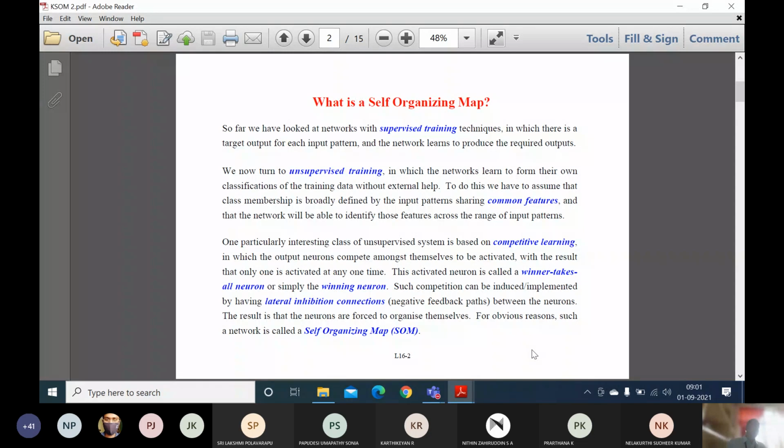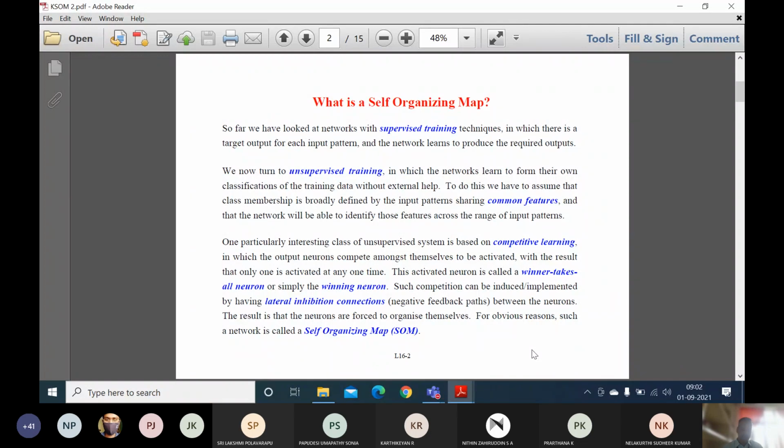Module number 3. The first topic is the self-organizing map, otherwise called KSOM. It is the Kohonen self-organizing map. Kohonen is the professor who introduced this concept in the